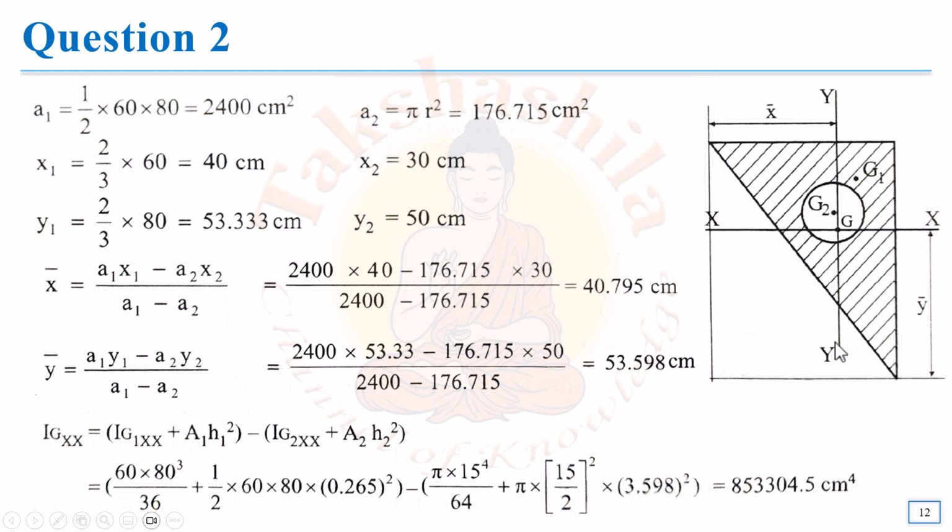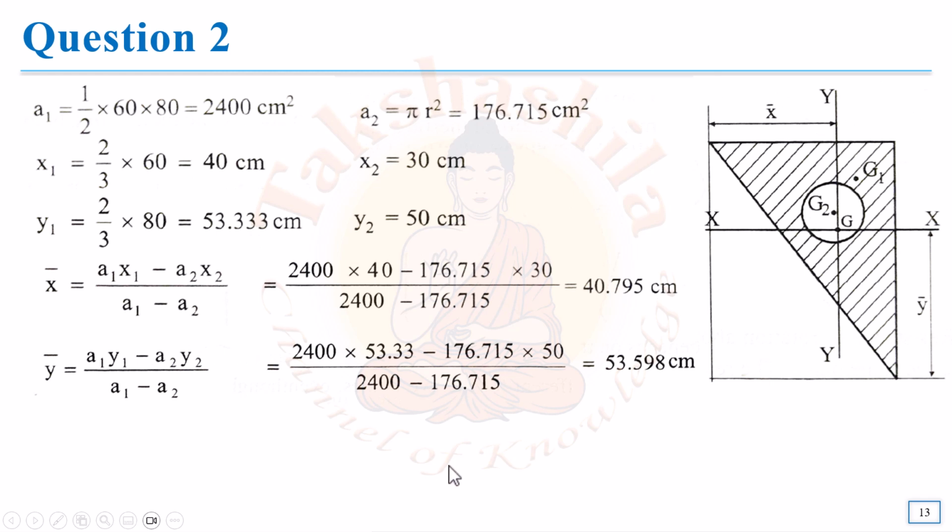In a similar manner, we have to calculate the individual moment of inertia about the individual centroids of each shape along y direction. Then we have to transfer that to the main y axis. So what will be the major difference? Major difference will be in the equation. So Ig_yy will be equal to Ig1yy plus A1 into H1 square. So what will be the value of H1 in this case? H1 will be the horizontal distance between the y-axis and the individual centroidal y-axis.